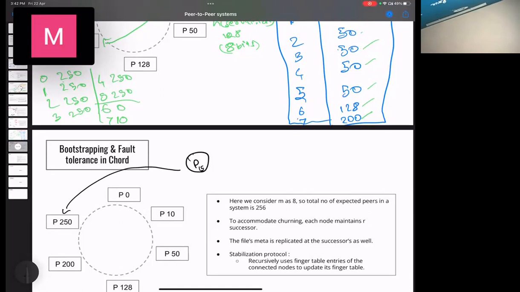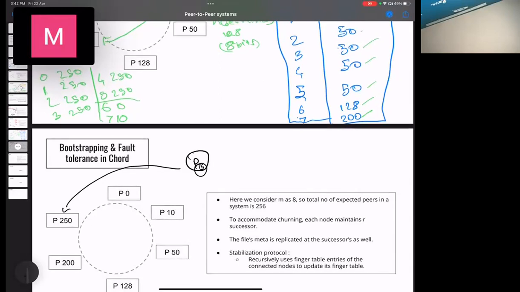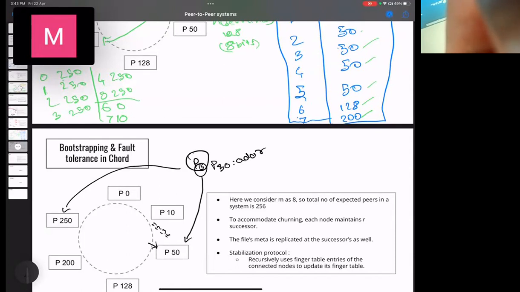So the stabilization protocol: for P15, the ID is 15. We try to find the successor of 15, like which node contains ID 15, and it uses the same routing mechanism. We find that P50 is the successor of ID 15, and P15 will get the address of P50, and P50 will send whatever data it contains, like 11, 12, 13, 14,